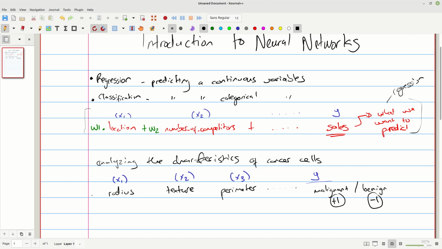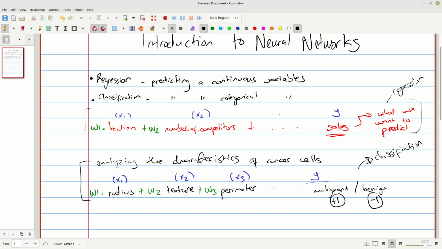But we need to estimate how important each feature is, right? So we have W1 here, plus W2 here, plus W3 here. You'll see there's a pattern here, in the regression problem and in the classification problem we're trying to solve. So this is our classification problem.